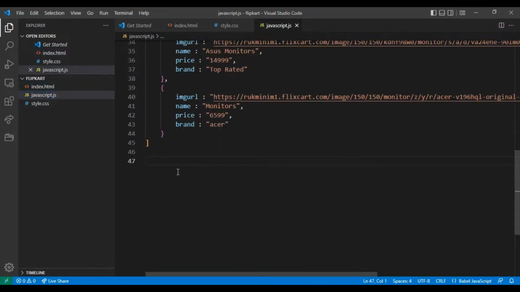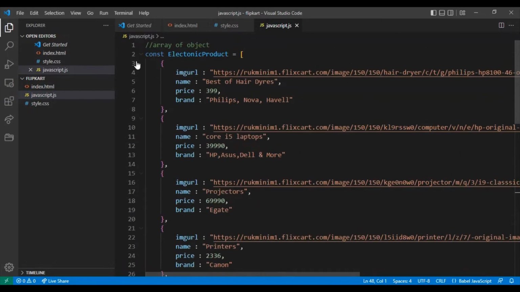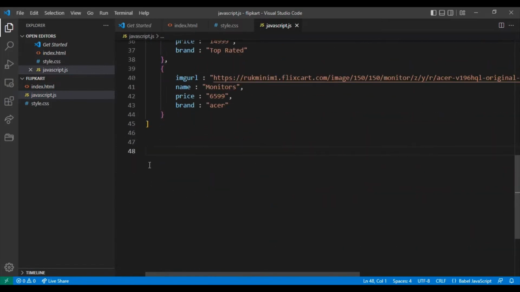For rendering purposes we want to render all these images. For that, let's create a for loop, give initial i, and goes from, what is the name of this,